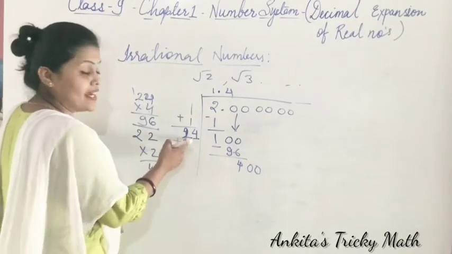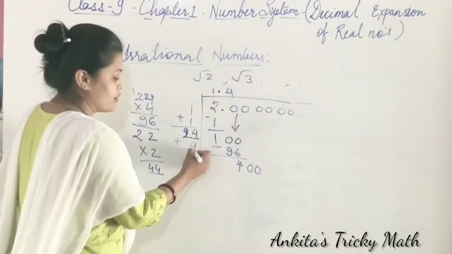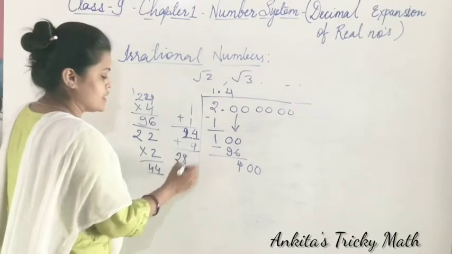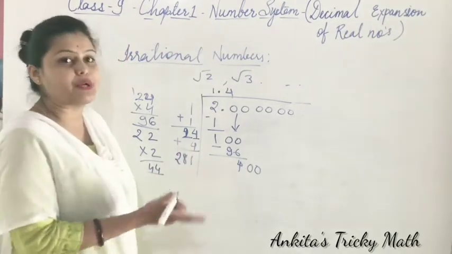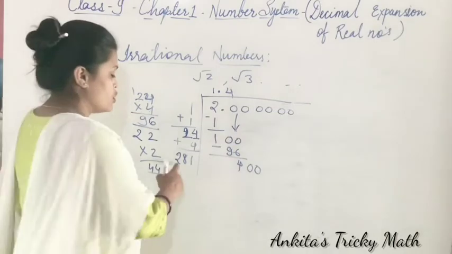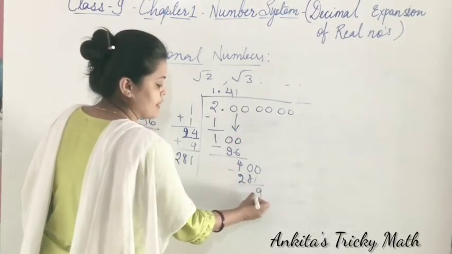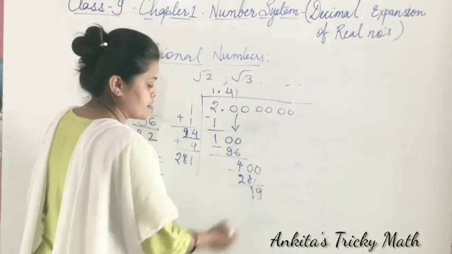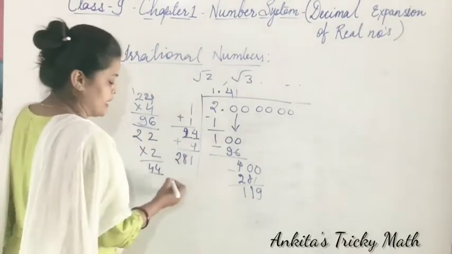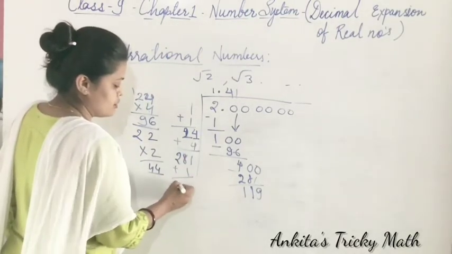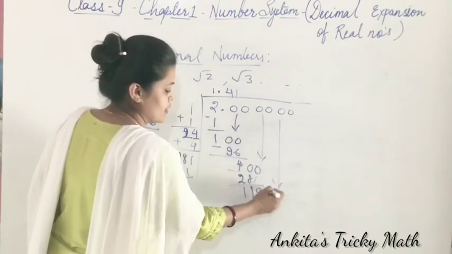Now 24 plus what number we have multiplied? 4, which will become 28. Now we have to bring one digit here. It will come 1, because 281 1s are 281. It will come 9, and here also it will come 1. Here also 1. Now add 1, because we had multiplied by 1. It is 282. Again these 2 zeros will come down.